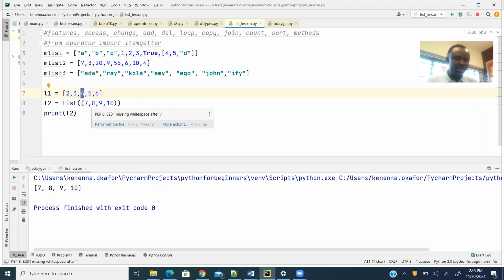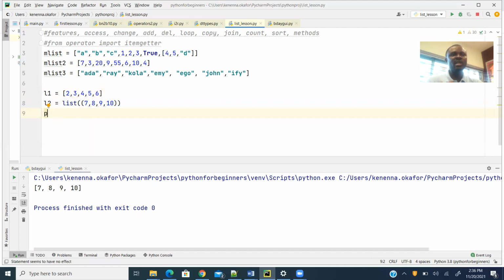List items are ordered. The other thing, guys, is that in a list, please let's take note of this. You can alter the list. You can change the values in a list. Do you understand what I mean? So a list is alterable. We'll see as I use examples to show these things, right? So let's look at